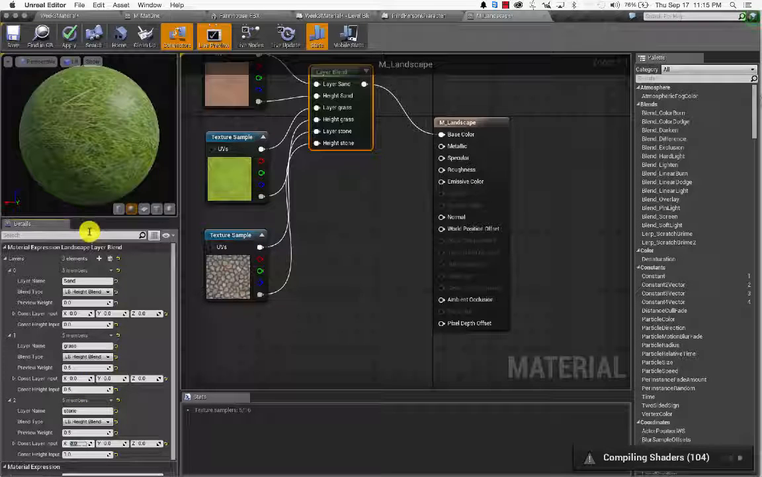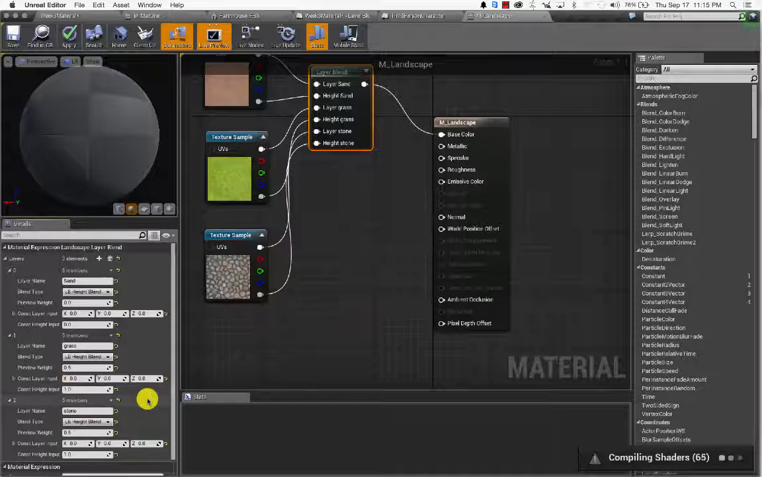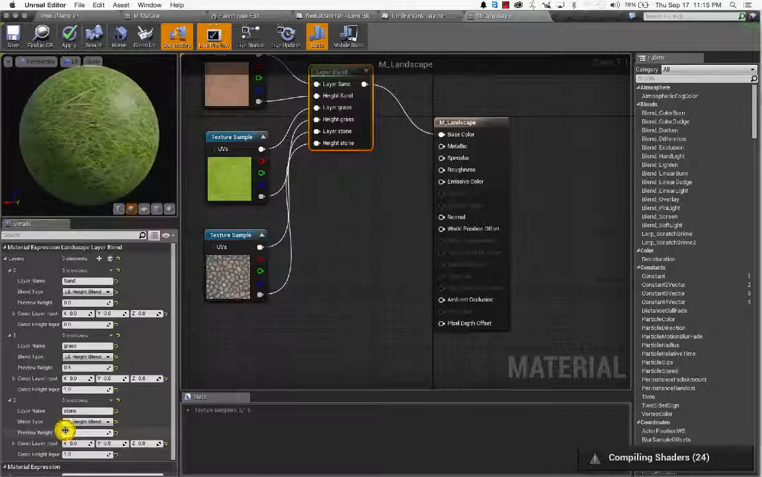And compound shaders, so stone. So if they're both 0.5, it would be grass. But what would this look like at 1? Well, it's going to look like stone because